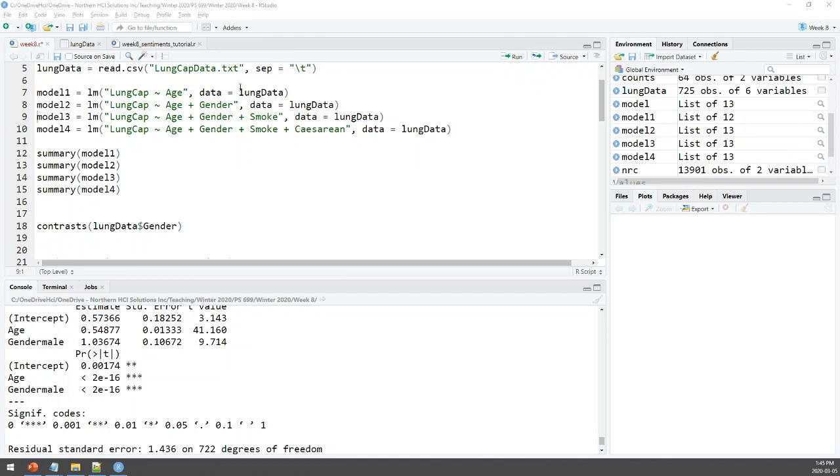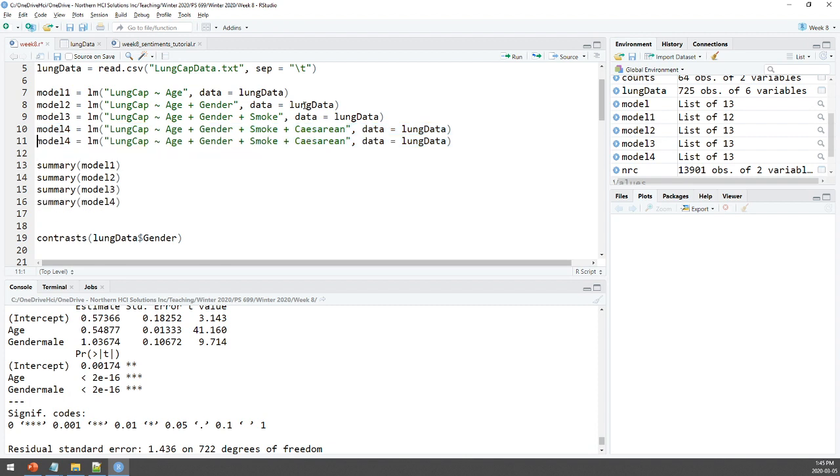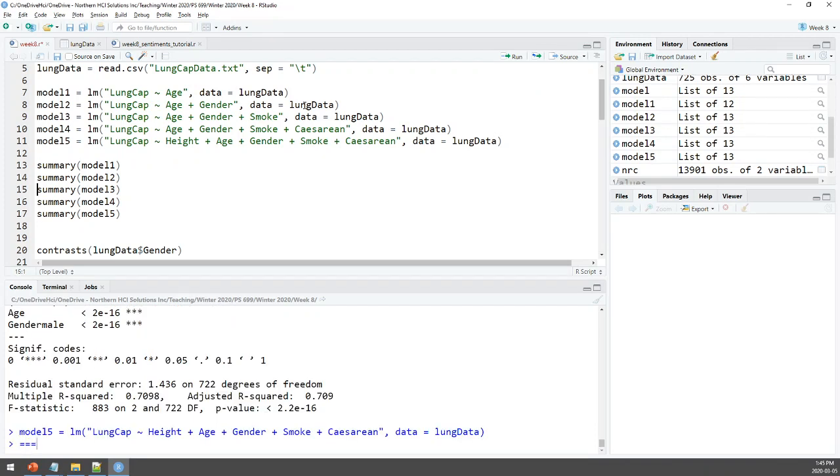So lung capacity and height had the strongest association. Interesting. So hey, look at that. I didn't create a model for that one. I'll create a fifth model here: age and height, and smoker and all that other stuff. So if we look at just my first model here, where I'm just doing lung capacity versus age,